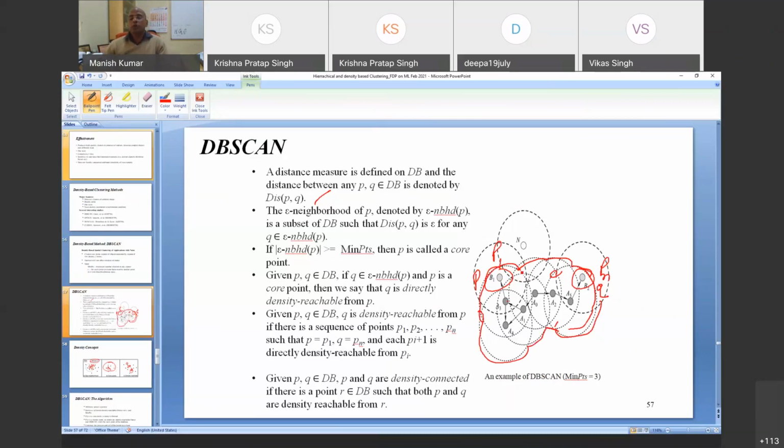So this all will actually generate your one cluster. For the rest of the points, you randomly choose another point, and then we go through the same process to get another set of clusters. The beauty of this clustering algorithm is that you get clusters in arbitrary shapes. It is not circular or anything like that. It captures the closeness of the data even if it is in an arbitrary shape as well. Okay.